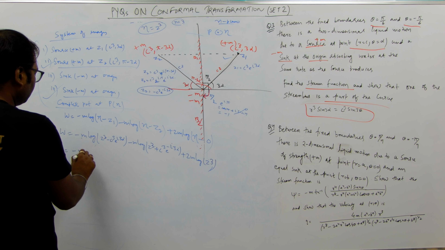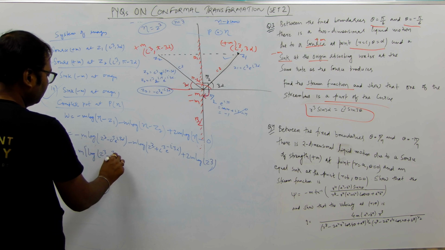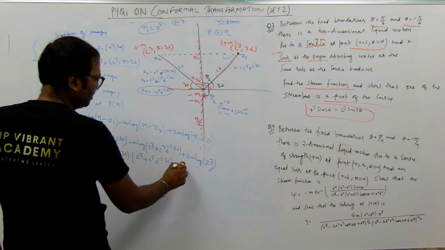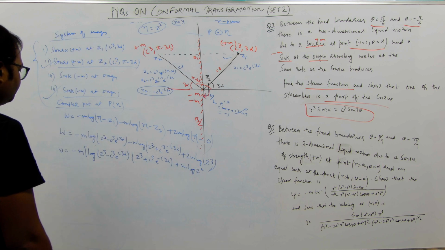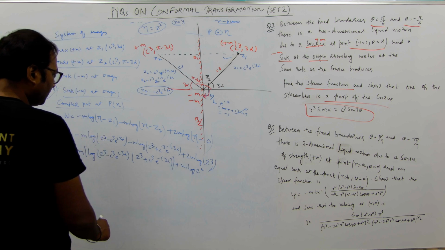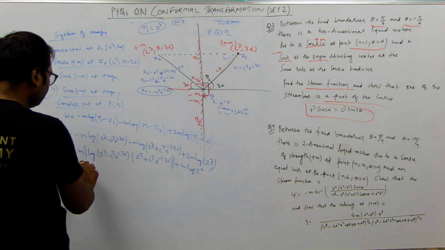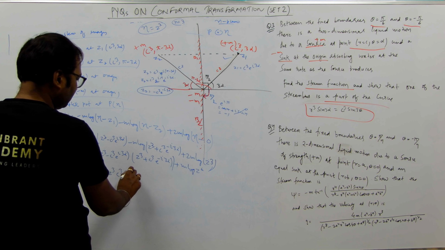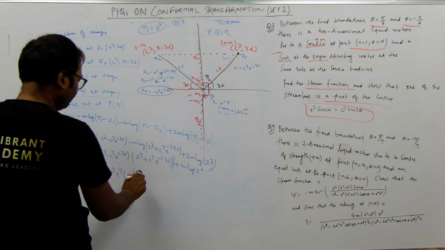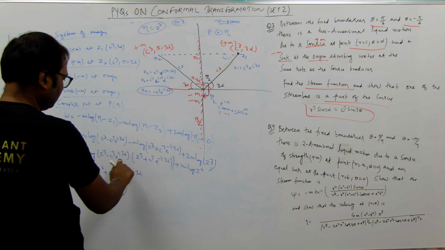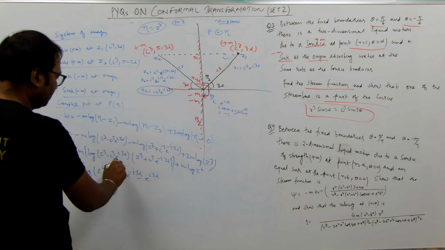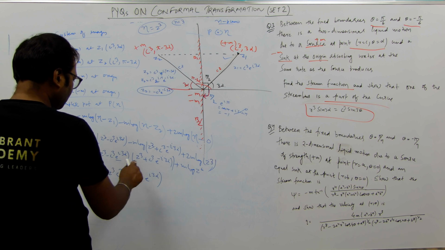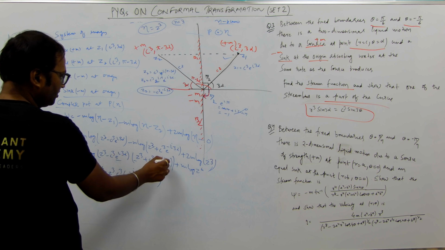सो वी हैव W इज इक्वल टू −m log of z³ − c³ e^{i3α} इंटू z³ + c³ e^{−i3α} + m log z⁶, ठीक है। W इज इक्वल टू −m log of z⁶ और ये जगह + z³ c³ e^{−i3α}, और यहाँ से आ जाएगा −e^{i3α}, ठीक है, दिस वन। और उसके बाद c³ और दिस c³ e^{i3α} और e^{−i3α}, तो ये कैंसिल हो जाएगा, तो −c⁶,